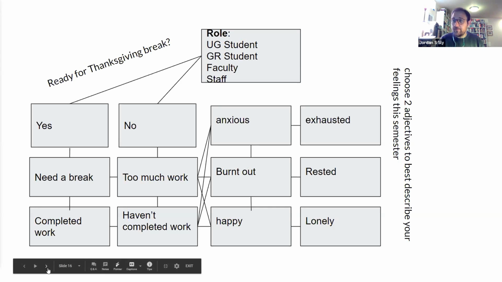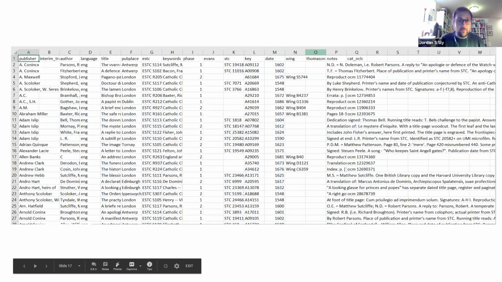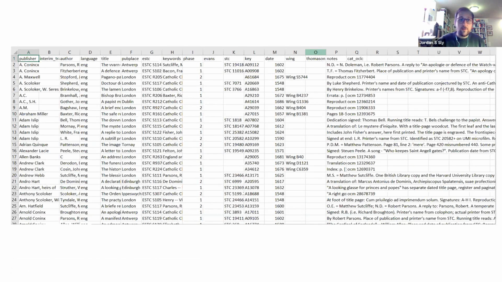Okay, so here's an example from my own research. In this first sheet, you see a fairly ordered spreadsheet with a clear set of data and data categories leading across the top. This is not how it came to me. This is scraped data, which means that it comes from a large database and pulls from various different organizational fields within the larger data set.